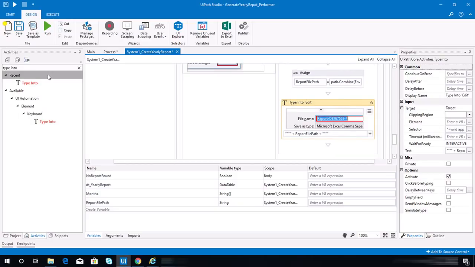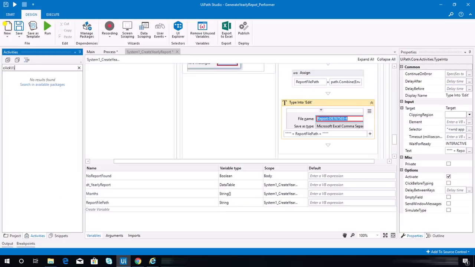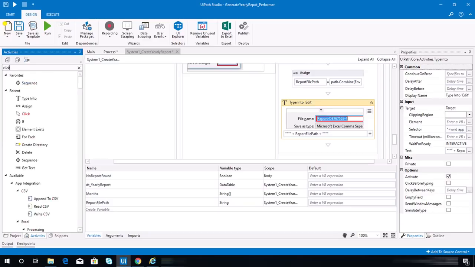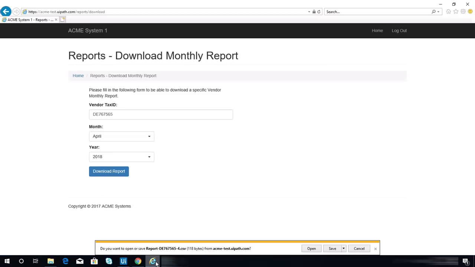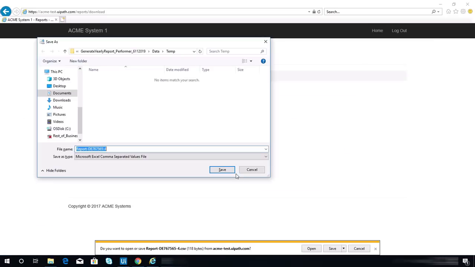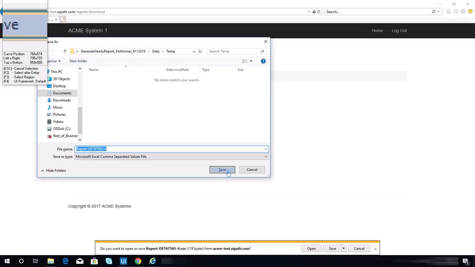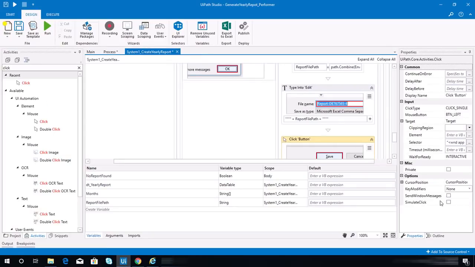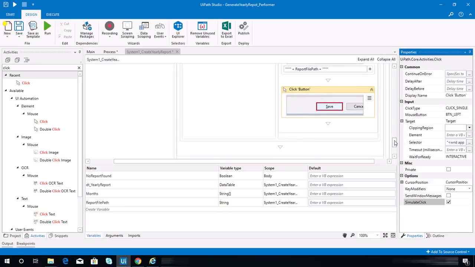Okay, now we need to add a click button. And there it is. We need to click that save button in here. Well, this one we can enable the simulate click property. Okay, so after that,